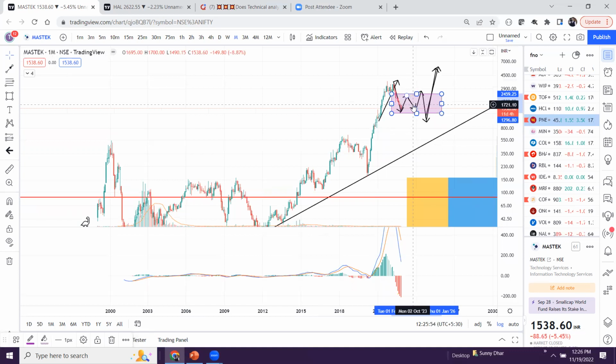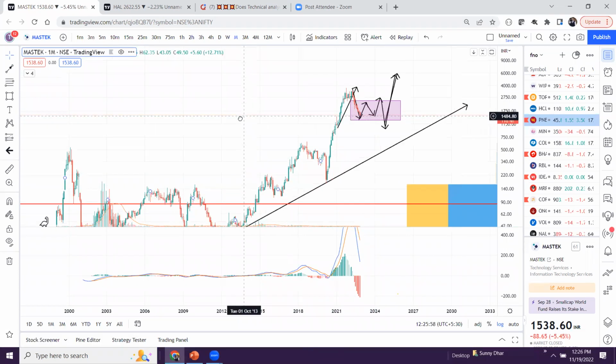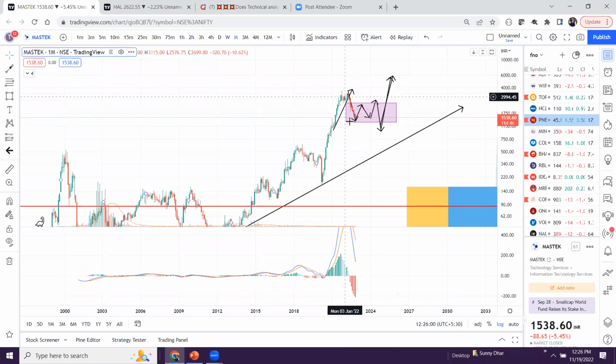Is this understood? Yes, sir. I mean, what I'm trying to say is that correction on a monthly chart can last for 2 years